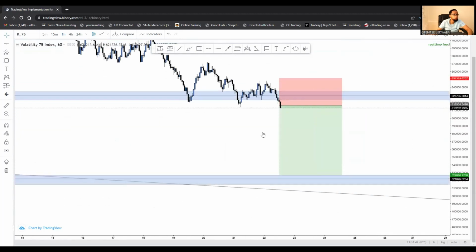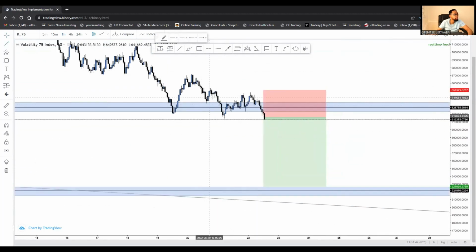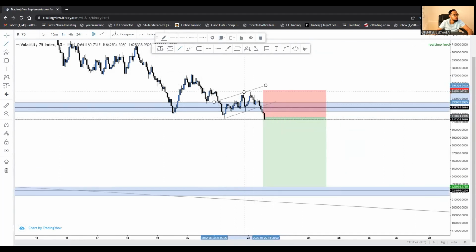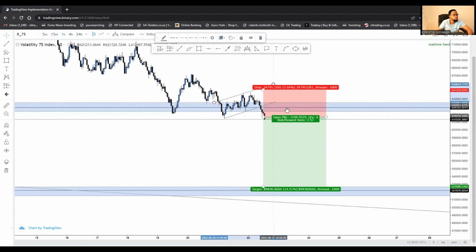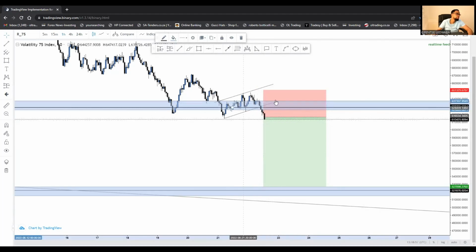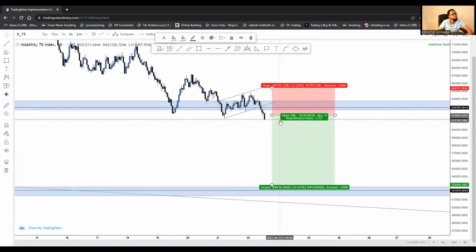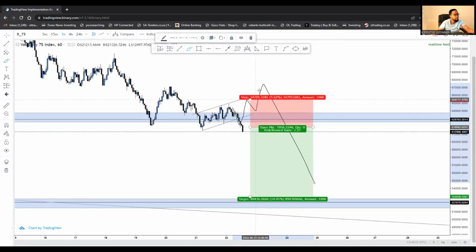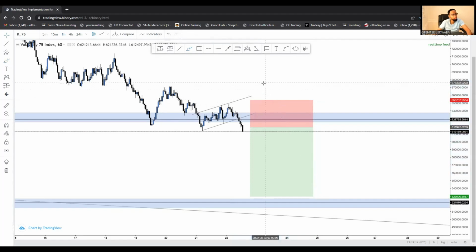Because as you can see, we had a correction to the upside here. We have this move, and now it broke. So the perfect selling opportunities will be below this zone, because you have to understand that the market tends to have a mind of its own. Sometimes you can have a move like this, and then it pushes down. You see? But then now currently I'm more than convinced that it's pushing to the downside because now it's below